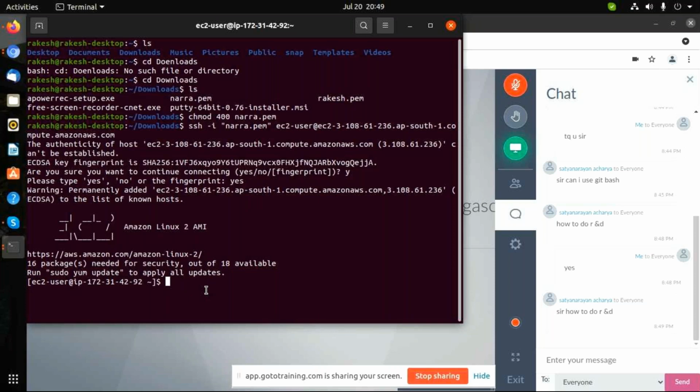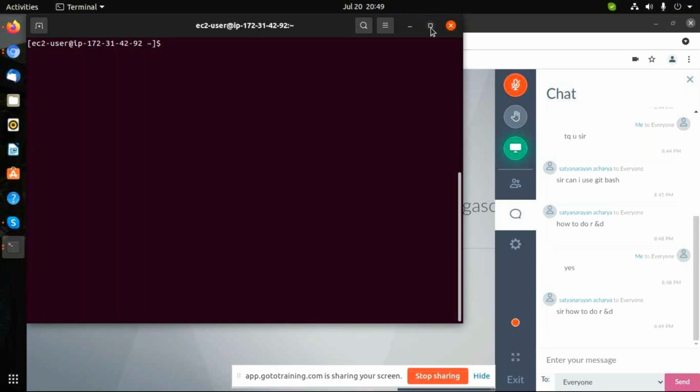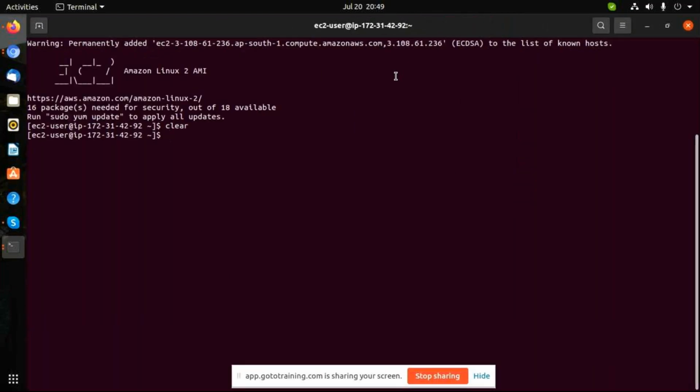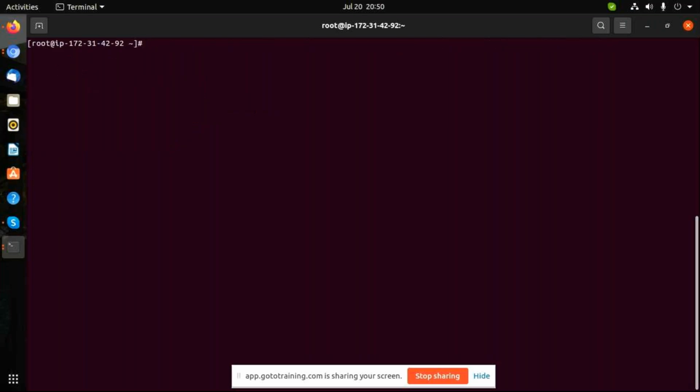Clear the screen and maximize your terminal. sudo -i. As I told, we'll log in with the root user only. sudo -i, enter. Clear the screen.